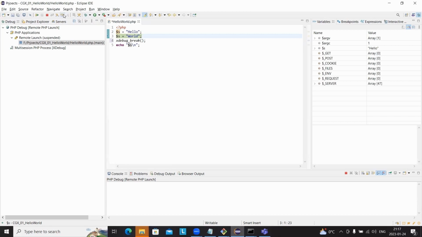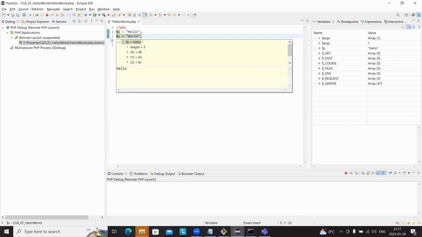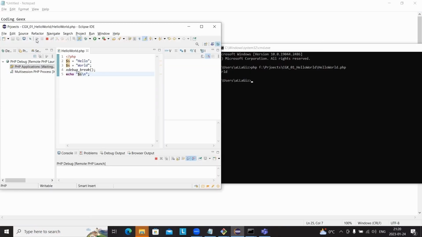Now hover over $s again. It's a string, hello, length of 5. The ASCII codes: the first letter is 48, the second letter is 65. You triggered the debugger over your Windows console, you know? Eclipse just, bam, magic. And okay, with this setup, you can write great CLI stuff, or we have a development